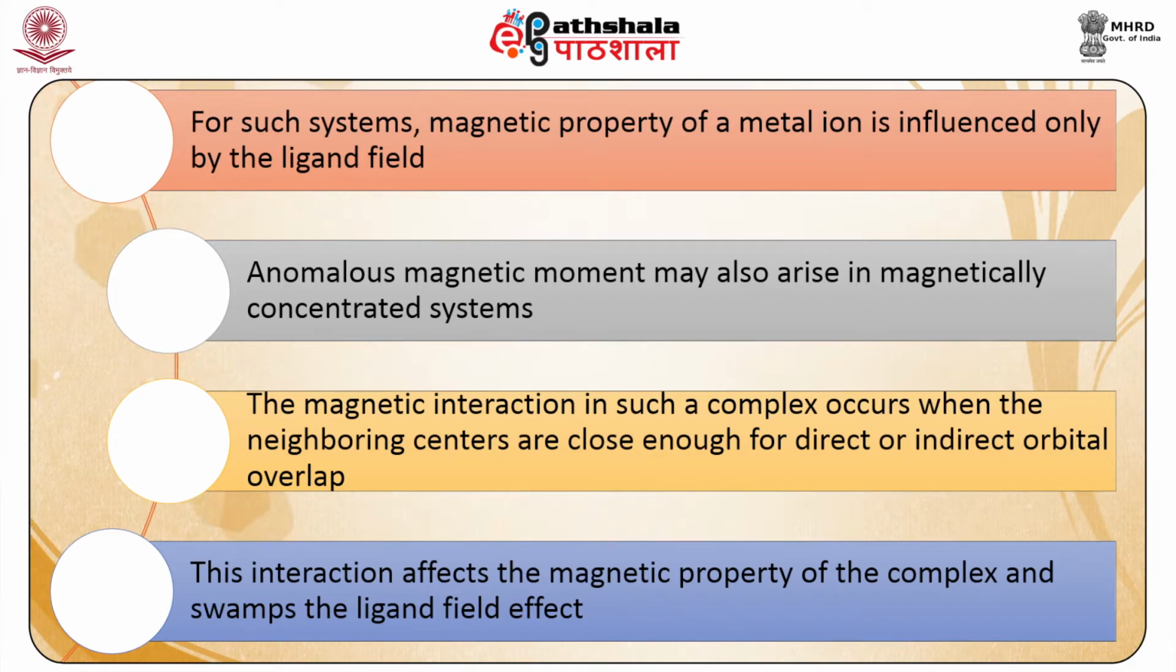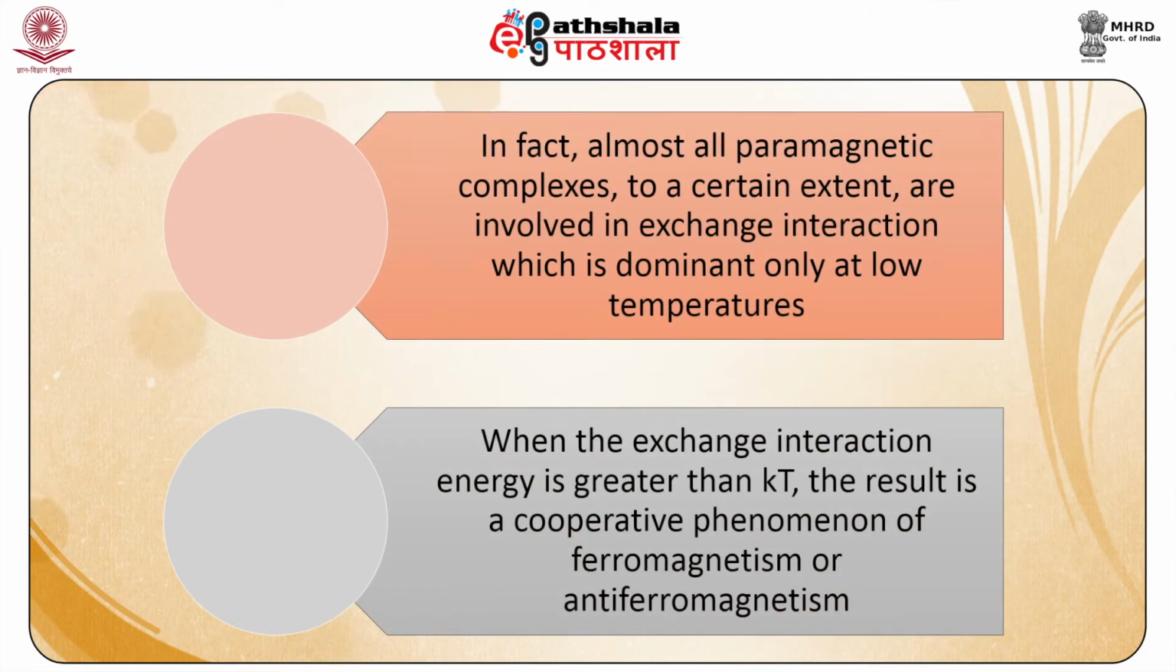The magnetic interaction in such a complex occurs when the neighboring centers are close enough for direct or indirect orbital overlap. This interaction affects the magnetic property of the complex and swamps the ligand field effect. In fact, almost all paramagnetic complexes, to a certain extent, are involved in exchange interaction, which is dominant only at low temperatures. When the exchange interaction energy is greater than kT, the result is a cooperative phenomenon of ferromagnetism or